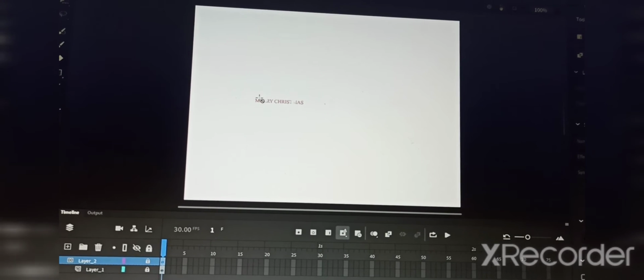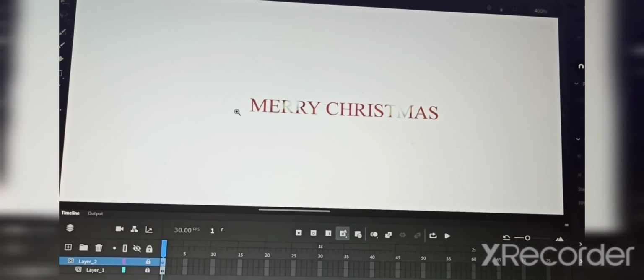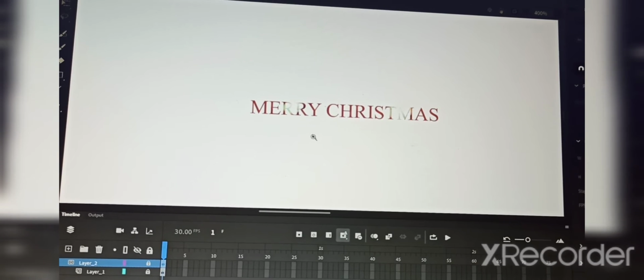Can you see that it will appear as Merry Christmas? See how it will appear. It will come in the red color in which our picture is written, a little bit red and white. So like this it will look. Got it? That is how we can add a mask layer.